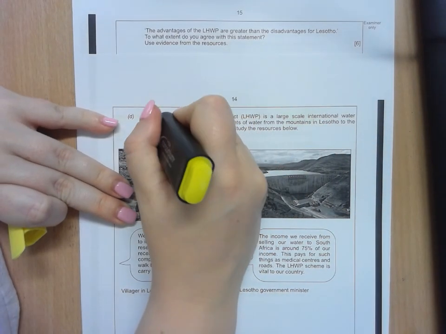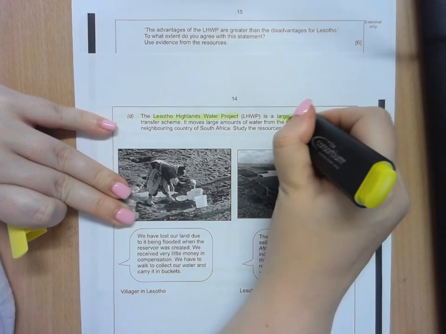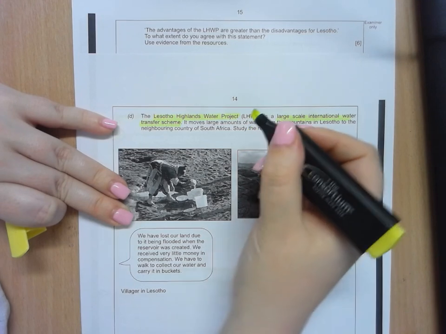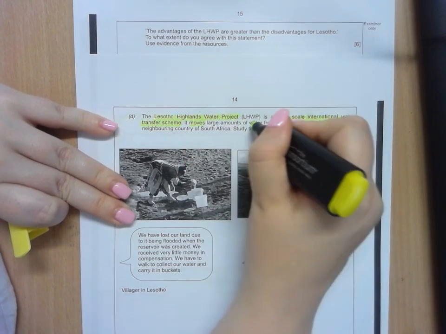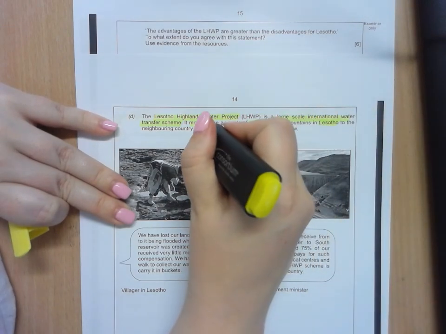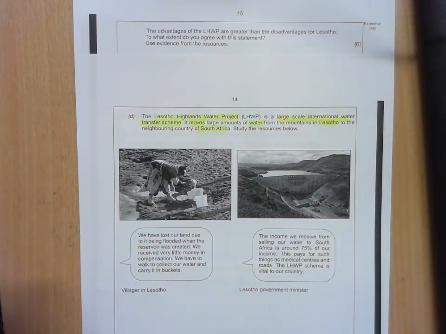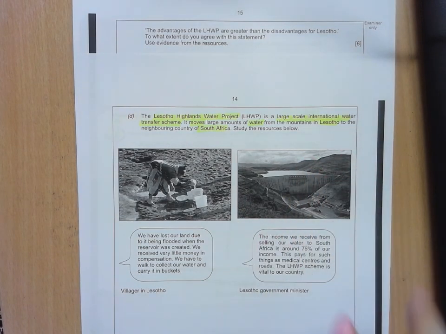The Lesotho Highlands Water Project is a large-scale international water transfer scheme. It moves a large amount of water from the mountains in Lesotho to the neighbouring country of South Africa. Study the resources below. So we've got a situation, we've got a large dam in Lesotho, which is transferring water